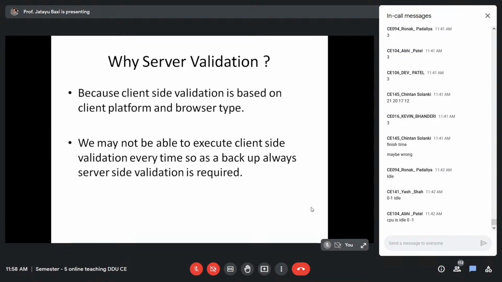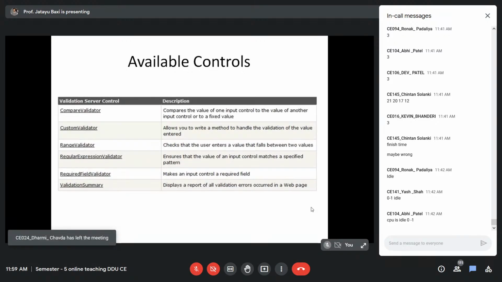So always remember that doing only client side validation will not make sure that the validation will always happen, because it is a client side script. The client may be able to block that script, and your validation may not be executed. Okay. So these are the available validation controls in ASP.NET.